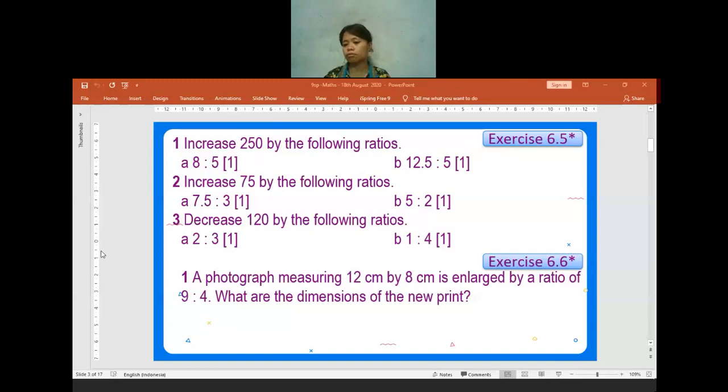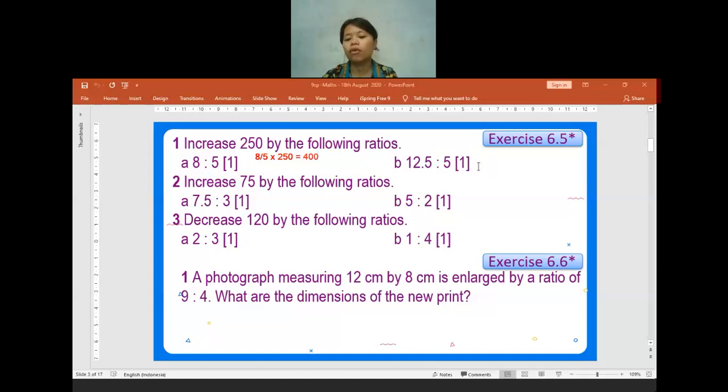You can unmute yourself. Do not keep being quiet. I'm checking if you still remember what we have learned. 8 ratio 5 is 125 by 250. Mm-hmm. After we found 1, then yeah, we change it into a fraction. After we change it into a fraction, we just need to multiply it with the value given. So 8 per 5 times 250 equals how much? 400. 400. Okay. Is there anyone who is confused?